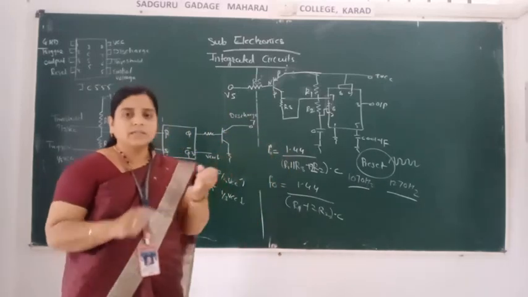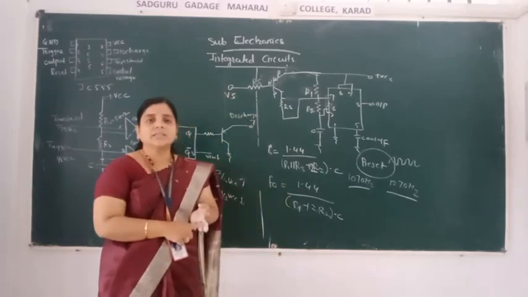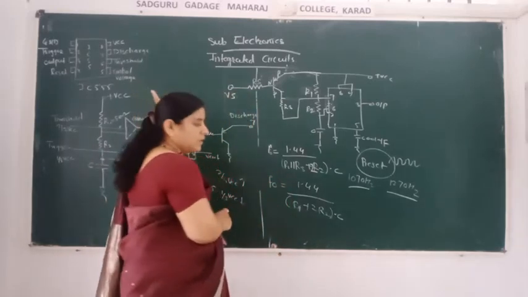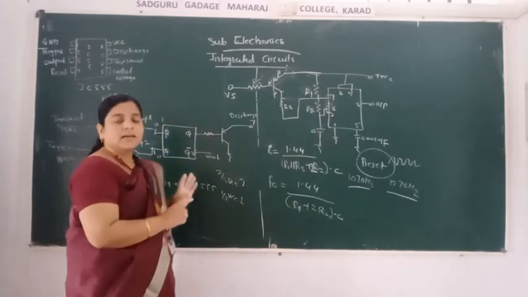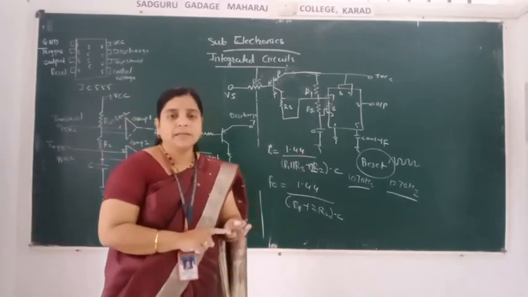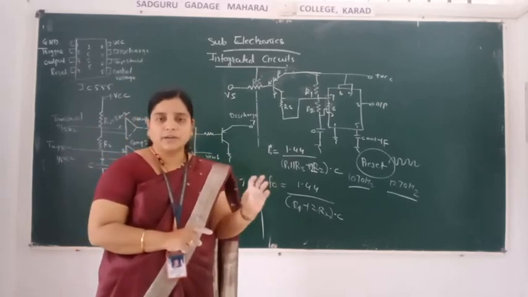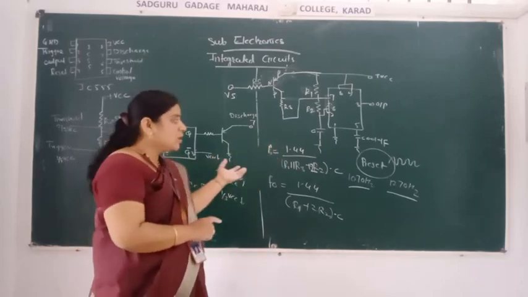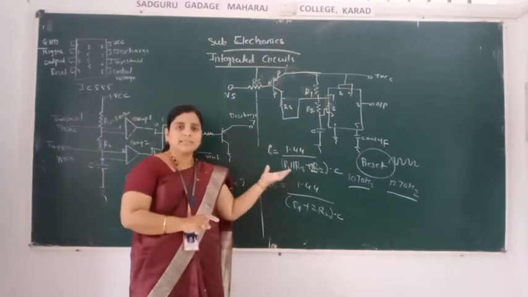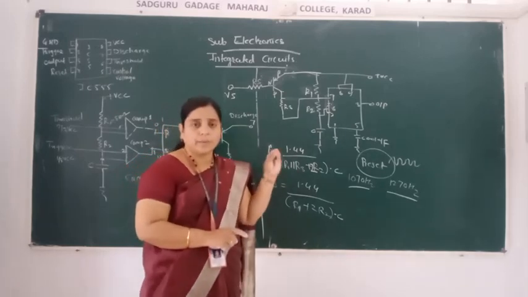What we have seen: astable multivibrator, monostable multivibrator, the IC555 pin diagram, the IC741 pin diagram, and the IC regulator IC317. This is the regulator IC that we have seen in the power supply chapter. And solve maximum examples on the monostable and astable multivibrator because they have been asked many times.